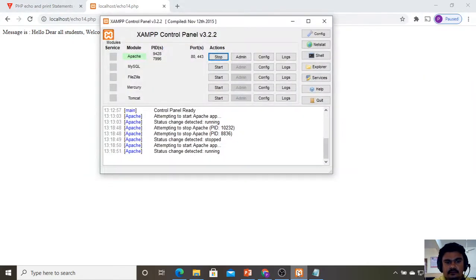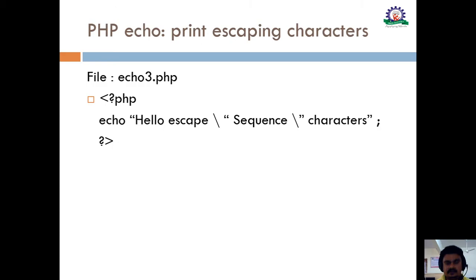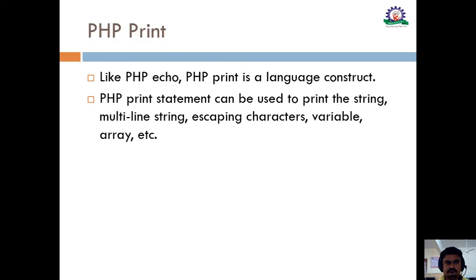Let me go back to the presentation mode. Now we will discuss the print statement. Like echo, the print statement is also a language construct. It is also not a function. The print statement is an alternative to echo to print the data and get the output at the console.